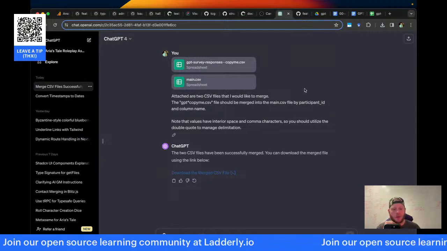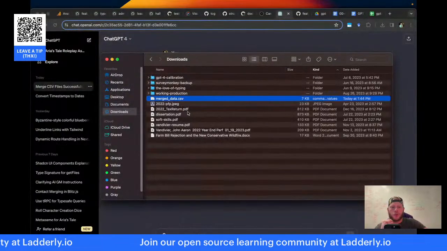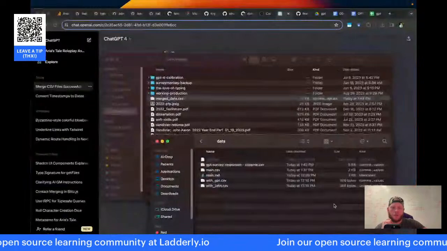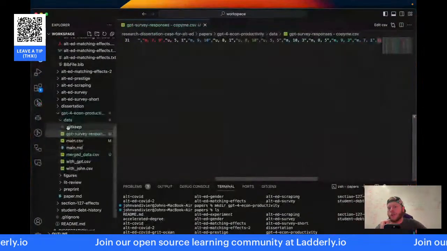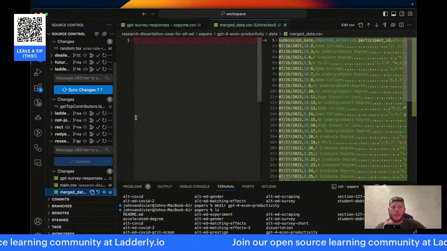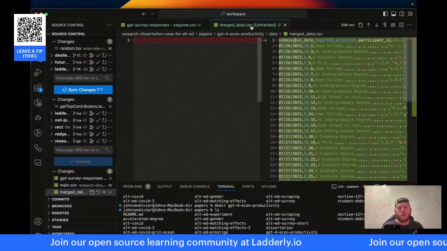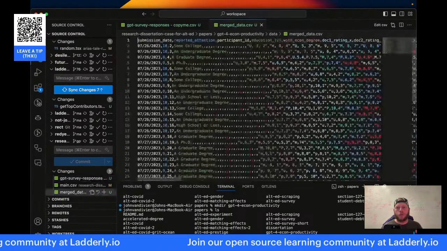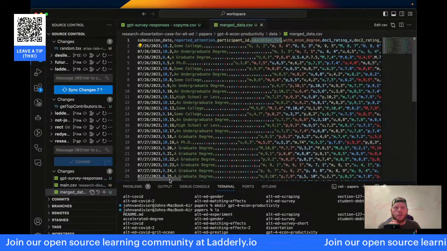So I've got this new CSV now. What do I want to do? I want to go to here. This is the merged data today at 1:44 p.m. That is basically now, so that's the right one. So I'll drag from there to here. Viewing in VS Code. Here is the merged data. And I don't know why it has that strange view there. So education level is in green.